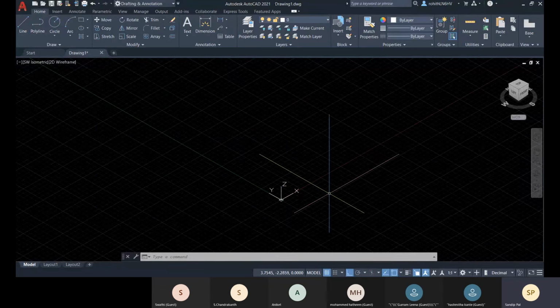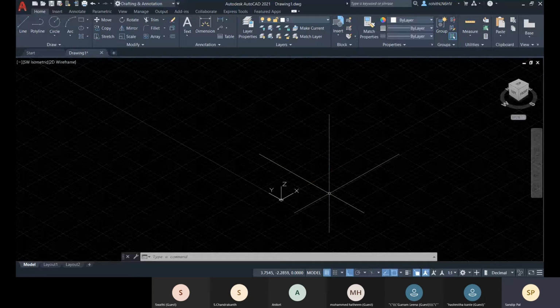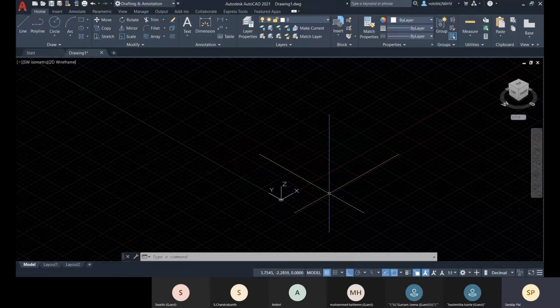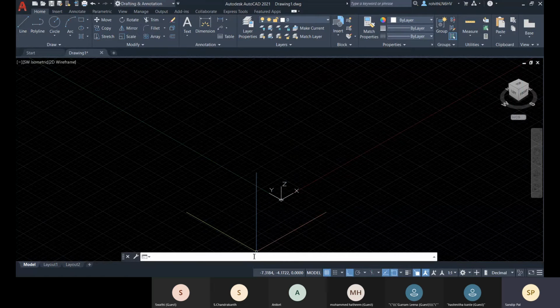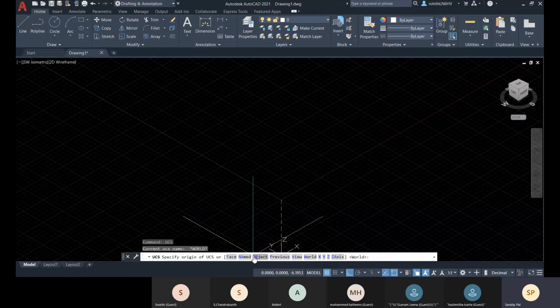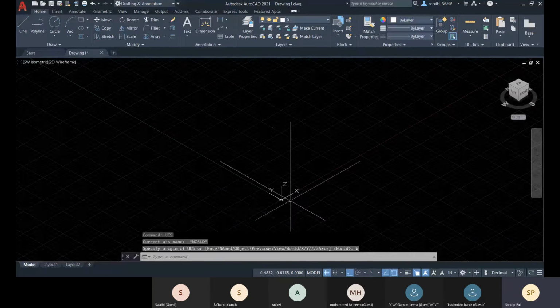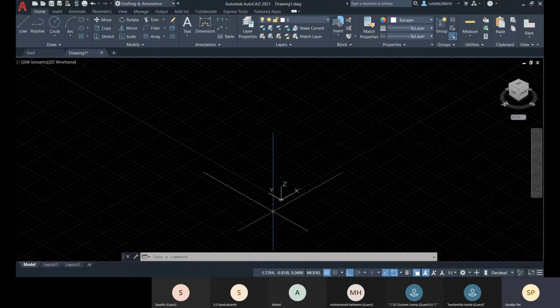As per the WCS, your origin is fixed, your X positive direction is fixed, your Z and Y positive direction is fixed, your length direction, your height direction, your breadth direction, and all the angle directions are fixed. You cannot change that as per the world coordinate system. Whenever you set this as WCS, or world coordinate system, or from this command also, if you set here world, that is your UCS aligned with your WCS right now.